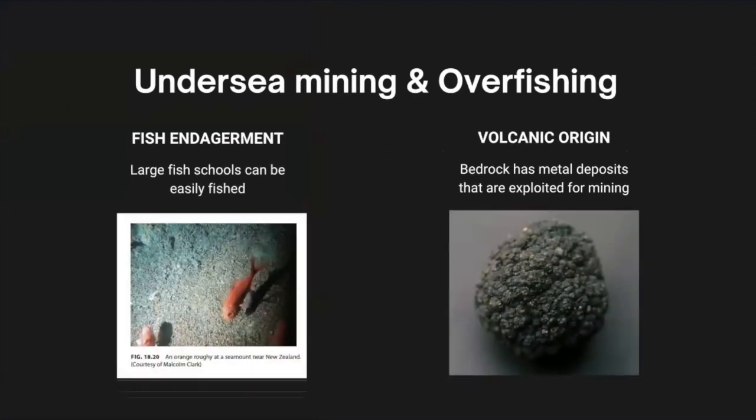Just to quickly mention, there is a lot of undersea mining and overfishing happening at these seamounts, and there is more fish endangerment in these areas since large fish schools can be easily fished around seamounts. For example, the orange roughy are becoming extinct because of how much they are being fished. Many people want to exploit the seamounts because of their volcanic origin and the metal deposits that are created in the bedrock. So it's important that we start protecting the seamounts before they're completely destroyed by